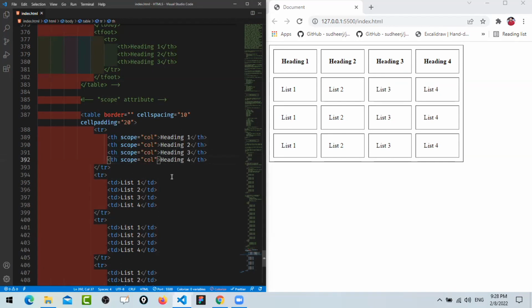Here also. Okay, so we are able to see that the scope column means this table heading is saying, hey, I'm the header of this column. Another table heading is saying again, I'm the heading or main title of this column. Okay, now if you use a screen reader, it is going to tell you that heading 1 is the column header, this one is the column header, first column header, second column header, like that. This is the first case where we have seen how to use the scope attribute, and I have shown you the first possible value here. Next thing,